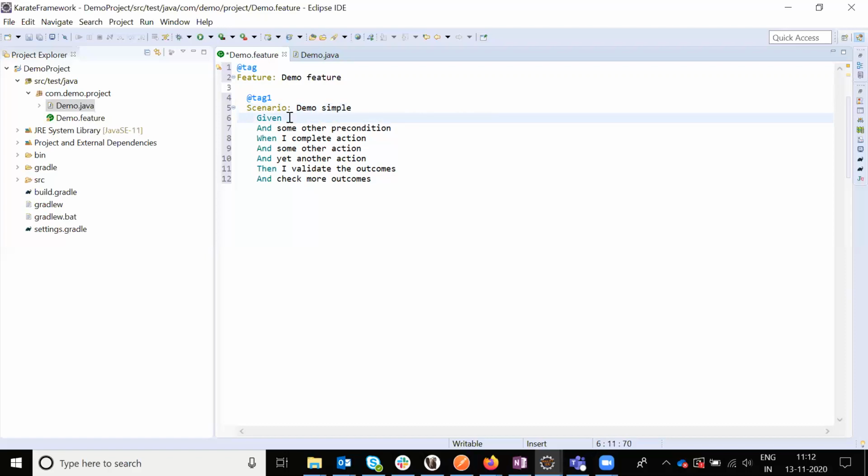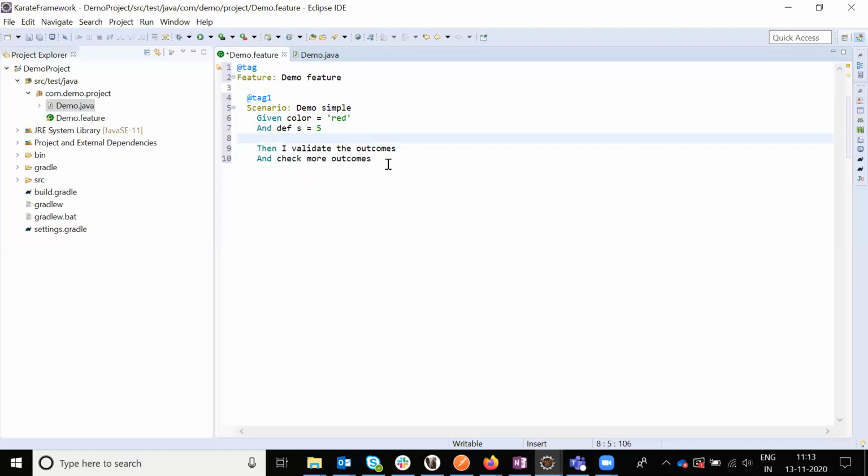Now see here, I'm going to write def color equal to red, and def s equal to 5. And this scenario is not required. Now we are going to directly match the result.